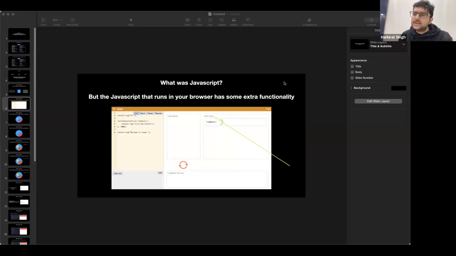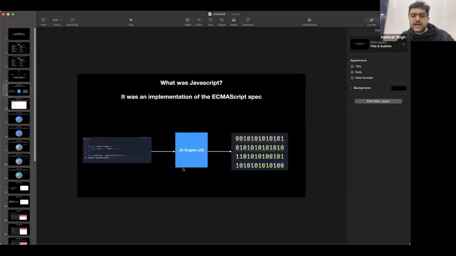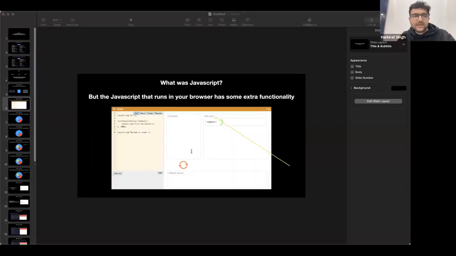What is this section? If you remember, whenever I run some code, setTimeout used to reach here. We said, okay, there is someone else keeping track of the clock. This specific 5-second clock is not maintained by JavaScript, it is maintained by the browser. It is not maintained by this V8 engine. Maybe it is actually, I'm not sure. But JavaScript never said setTimeout needs to be a thing. If you go to the ECMAScript standard, ECMAScript